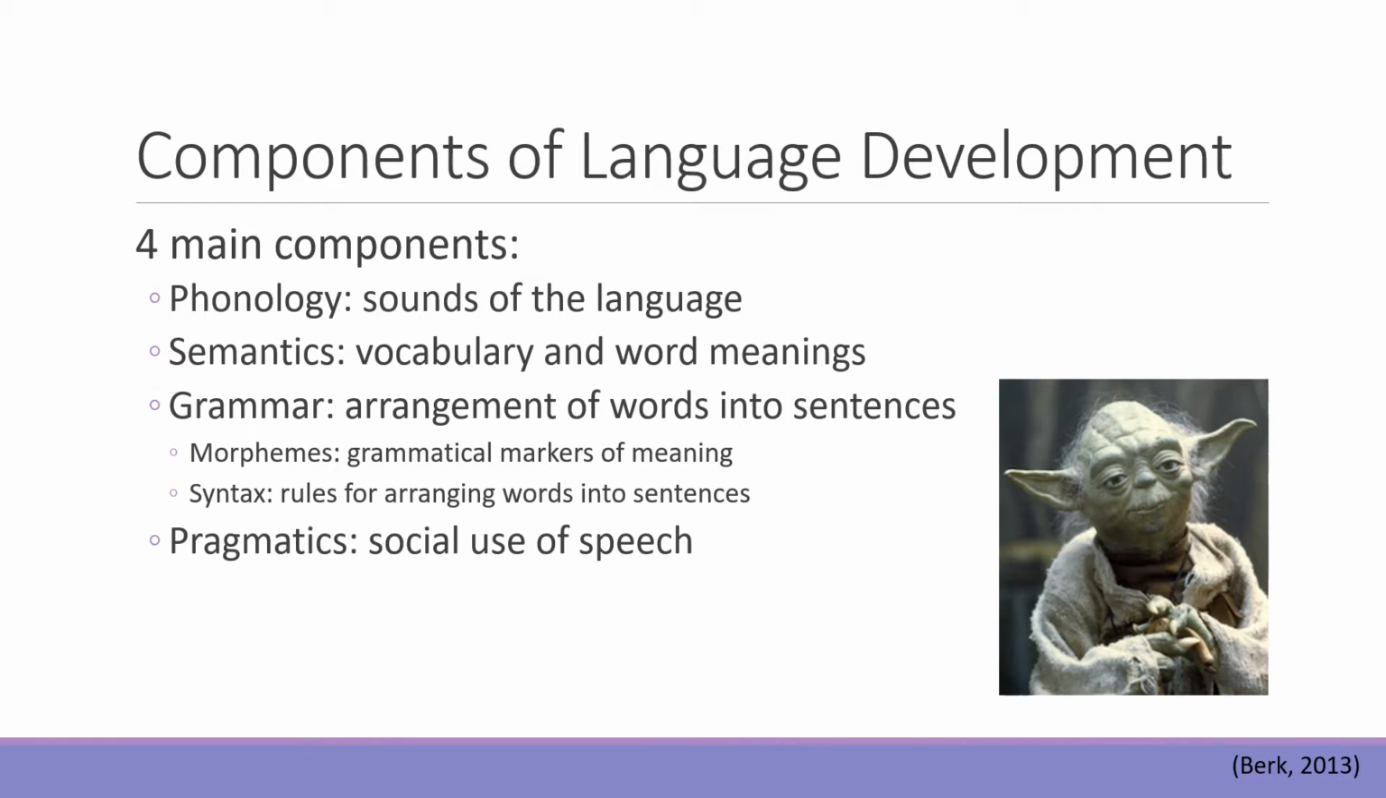Semantics refers to vocabulary and word meaning. Grammar governs the arrangement of words into sentences. It consists of two parts: morphemes and syntax. Morphemes are the smallest meaningful units of language, or grammatical markings of meaning. They include things such as root words and suffixes that change the word tense. For example, lifted has two morphemes: lift, which means to pick up, and ed, which means the action took place